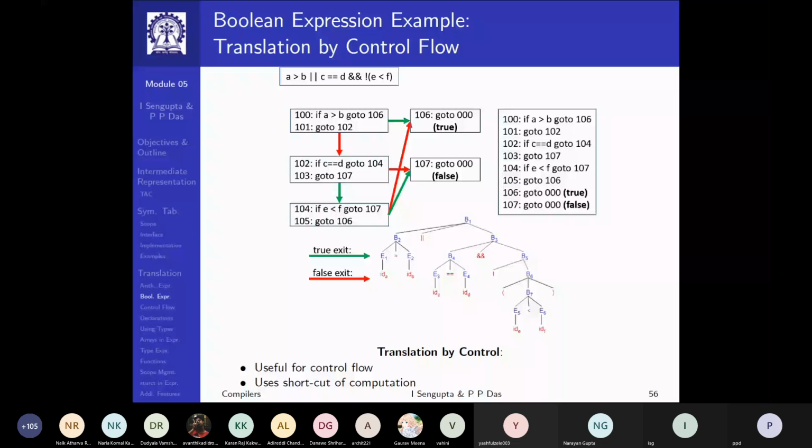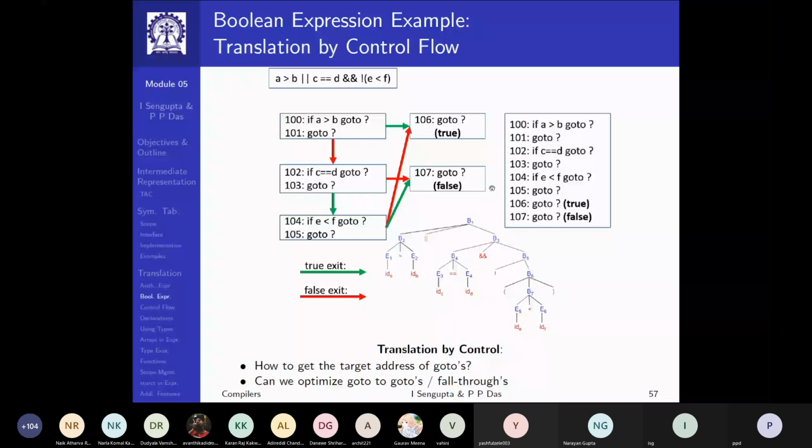Similarly, finally, at true and false, I do not know if after this whole expression has become true, where should I go? What should be the next thing I should be doing? Is it a condition of an if statement? Then with true, we should go to the true part of the statement. With false, we should go to the false part of the statement. I do not know. So if I look into it carefully, going to the next slide, you will see this is actually the true picture, that I do not know what these addresses are. These are just question marks.